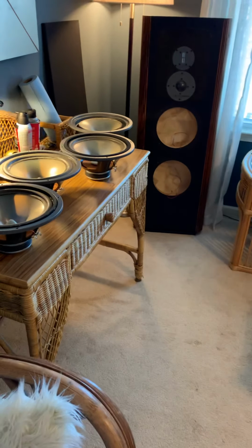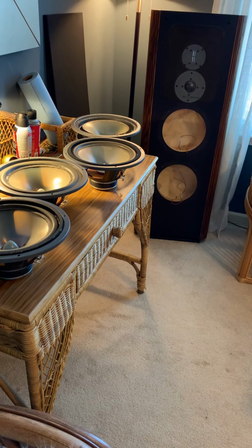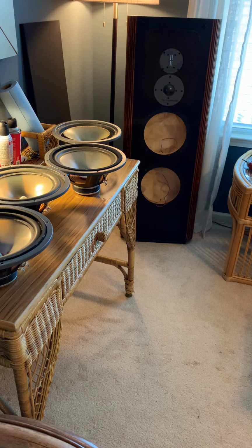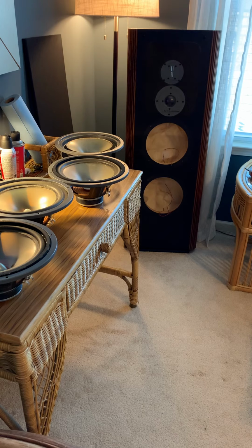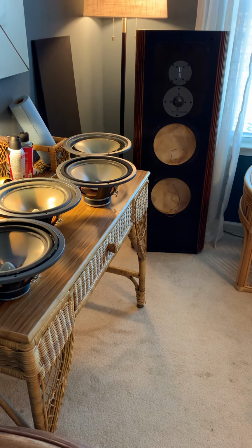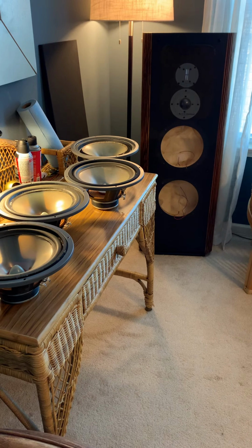Hello. I was just about to start refoaming some of these woofers on this RS-IIIB speaker that I just purchased. Got a good deal on them, but as usual, they need some work. Just kind of wanted to go over and talk about some of the stuff that I've noticed and seen with